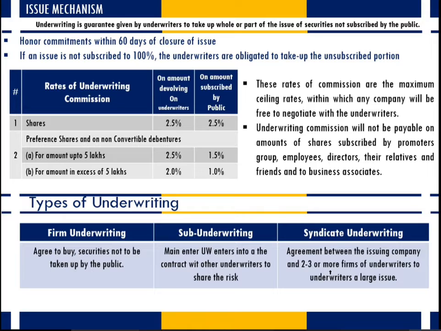What this green shoe option says is, in case there is oversubscription, in case more applications have come than the number of shares which are being issued, then the green shoe option clause will be implemented. So green shoe option means an option for allocating shares in excess of shares included in the public issue. There is an arrangement wherein the issue would be over allotted to an extent of maximum 15% of the